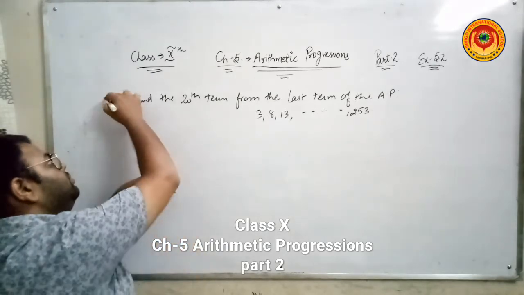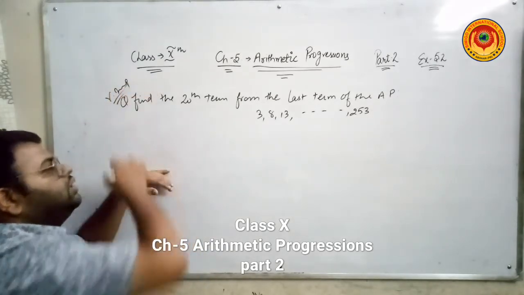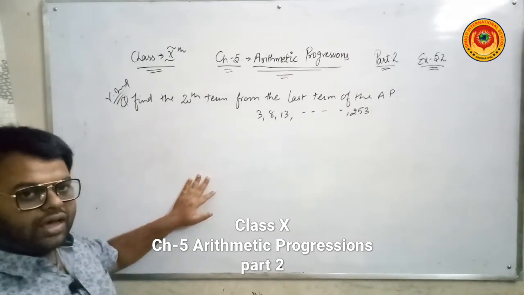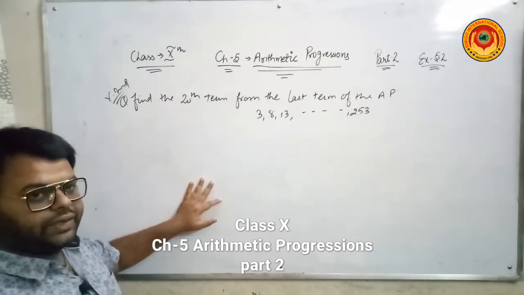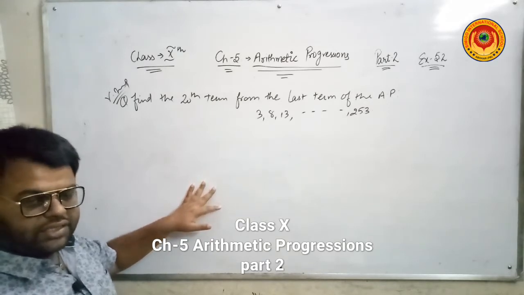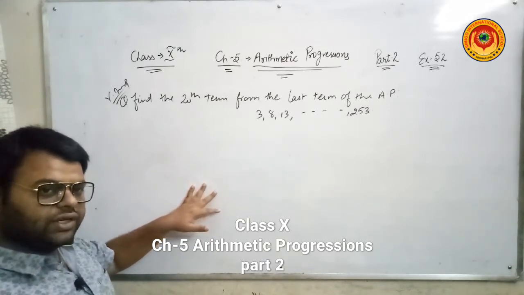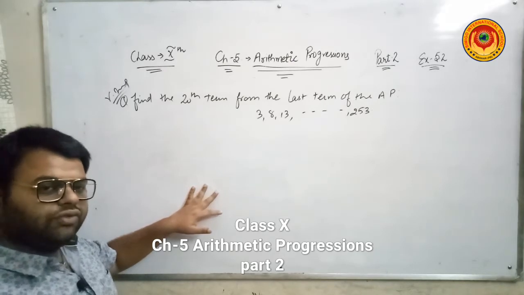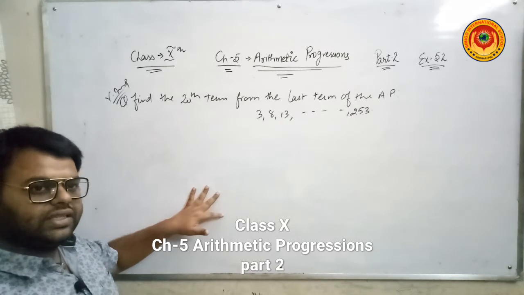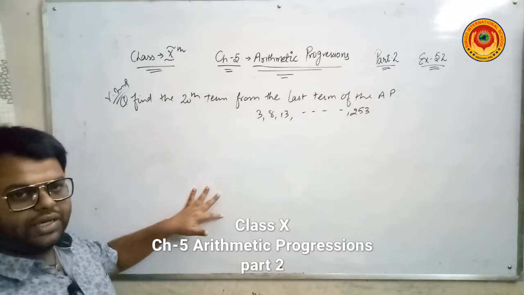Very important question. It is asked many times in exams for 2 marks. Question is find the 20th term from the last. Like suppose there are 50 children in the class. If I ask which one is the 20th student from the starting, easily you can count. If I ask which one is 20th from the last, then from where will you start your counting? From the last you will consider as 1, second last 2, and so on.